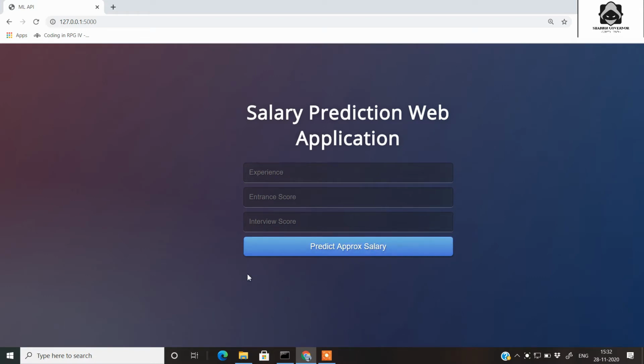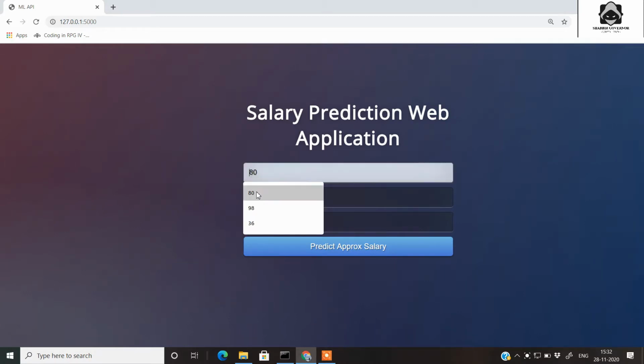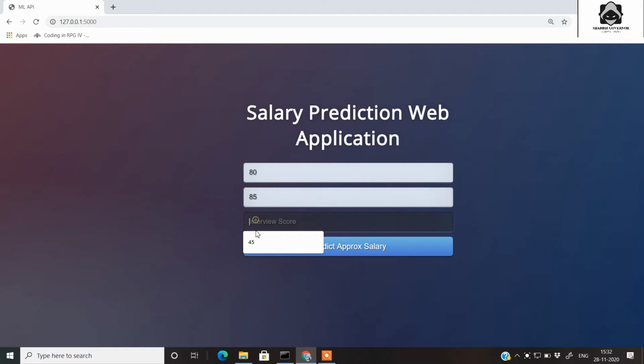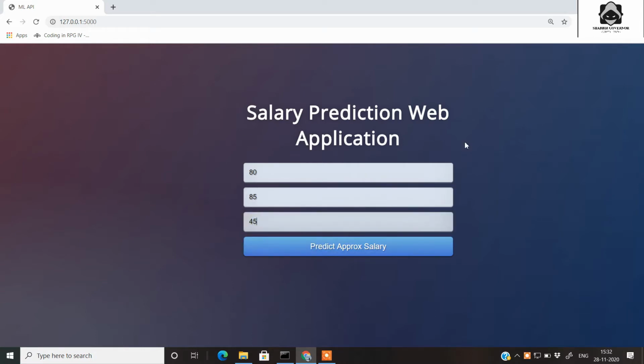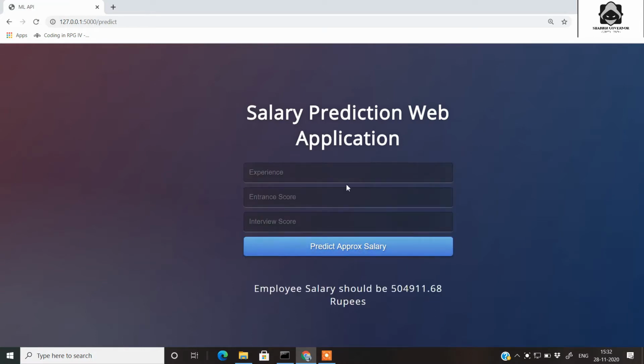In this video, what we are going to do is deploy a complete Flask and machine learning application on the Heroku platform. This is the salary prediction web application built in Flask. We are not going to go into the details of Flask. I am hoping that you are very much aware of how Flask works, and this is the application. For this video, we are going to focus on how to deploy this application onto the Heroku platform.